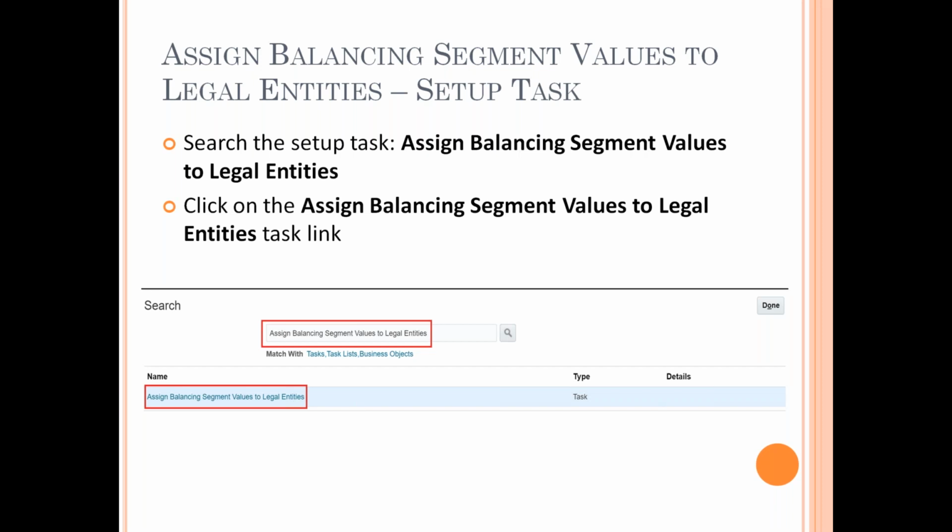So now what we will do is we will go and assign the balancing segment. Now how does this balancing segment work, Anup? You can assign a balancing segment to a LE and to a ledger. Typically all the balancing segments are for the ledger itself, because the COA, the chart of account and value set, is for a ledger. From that value set, you start assigning one value from the company segment to different LEs. The segments that are not assigned to anything else would remain with the ledger.